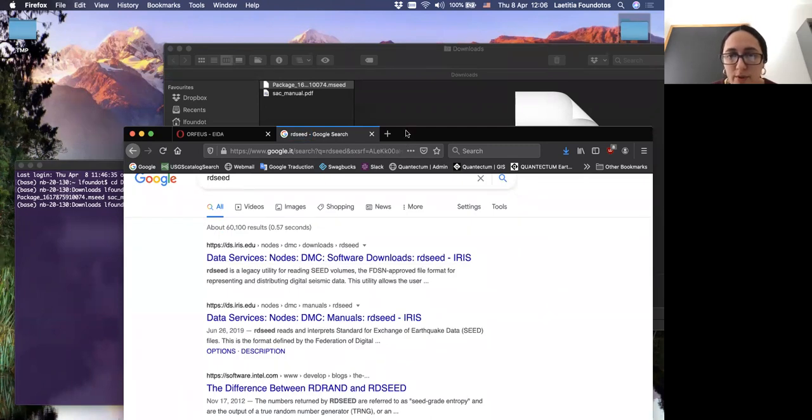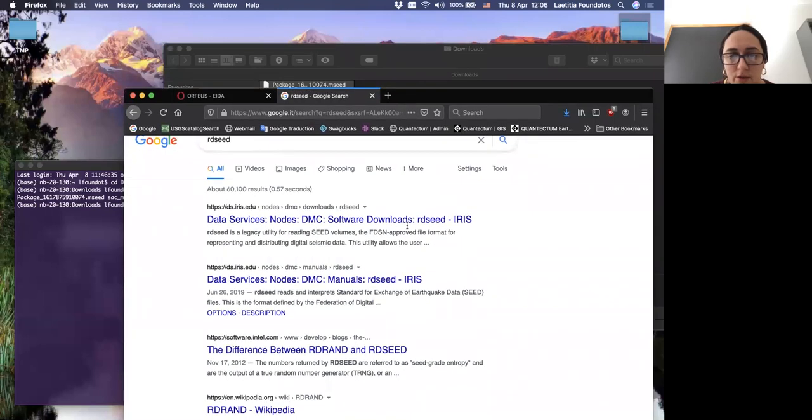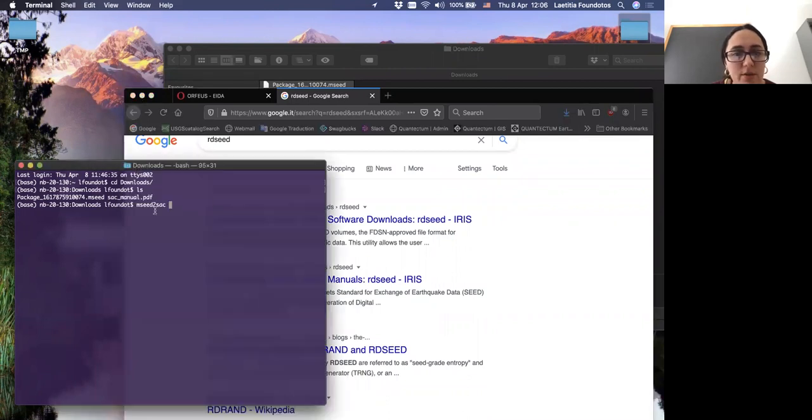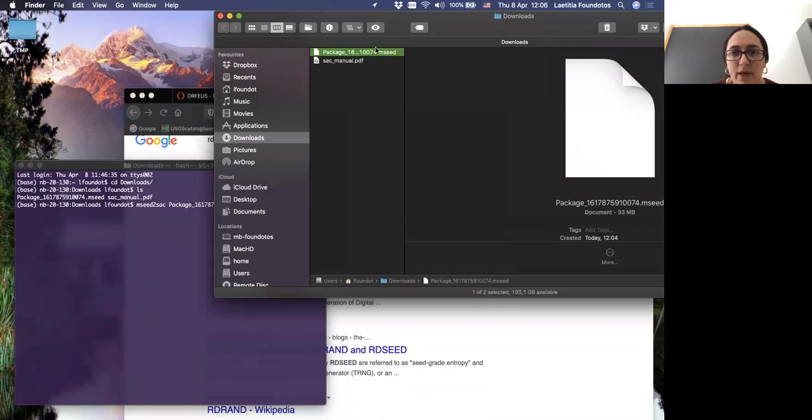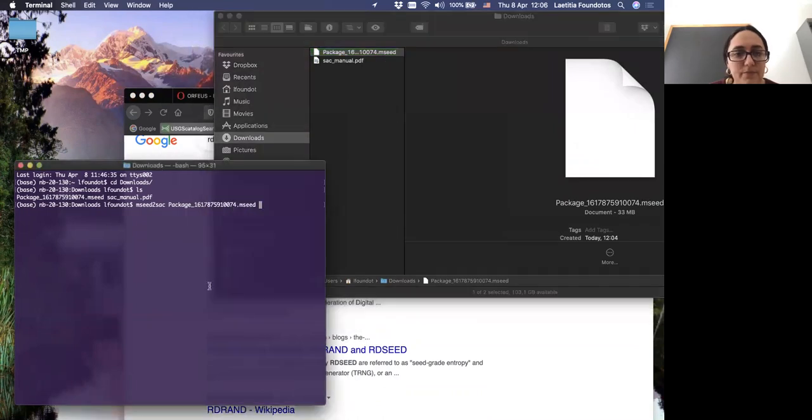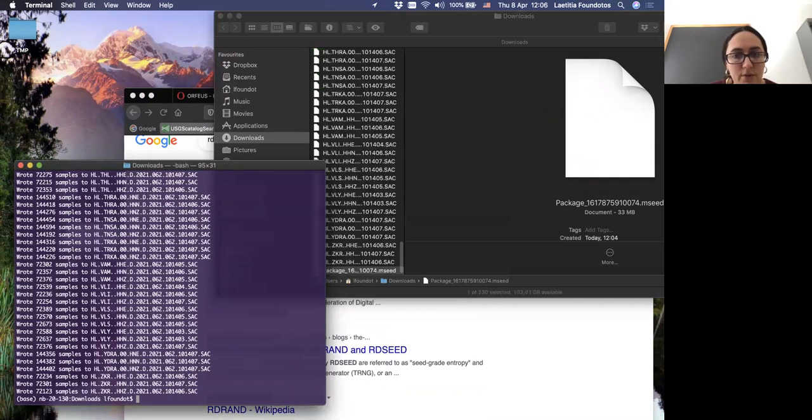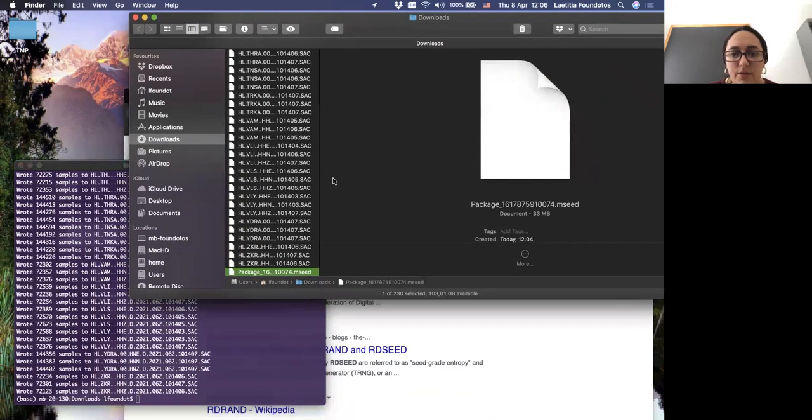So just remember it if one day you need to use this kind of file. Okay, so let me use mseed2sac and apply it to my file here with the Greek data. So let's run it. Okay, and it's great.